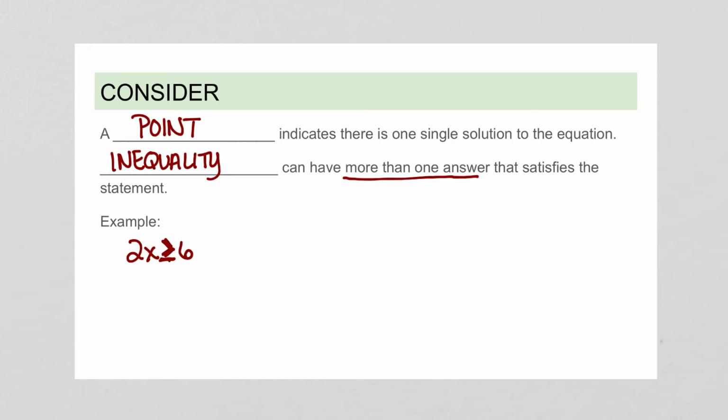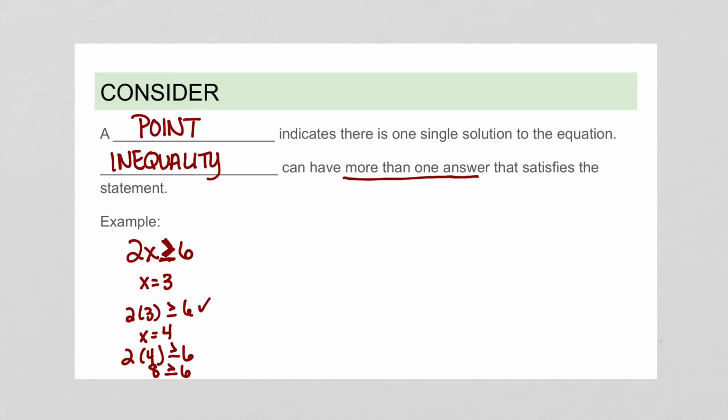Well, we saw last time that x could be 3, okay? And that gave us 2 times 3, is that greater than or equal to 6? Yep. But what if I said x equals 4? Well, 2 times 4, is that greater than or equal to 6? Well, 2 times 4 is 8, which is indeed greater than 6. So if I were going to try and plot that out on a number line, it'd look a little bit